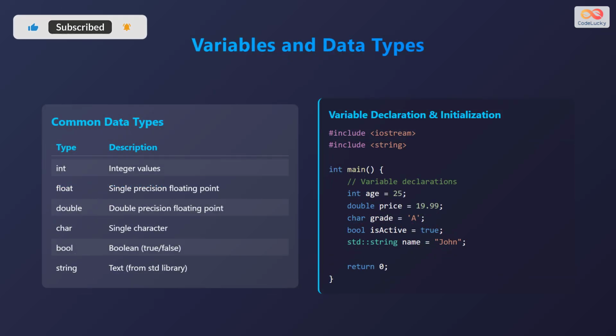Let's explore variables and data types in C++. C++ offers various data types to store different kinds of values. Here's a table of some common data types. Int is used for integer values, float for single precision floating point numbers, double for double precision floating point numbers, char for single characters, bool for Boolean values, that is, true or false, and string for text, which is part